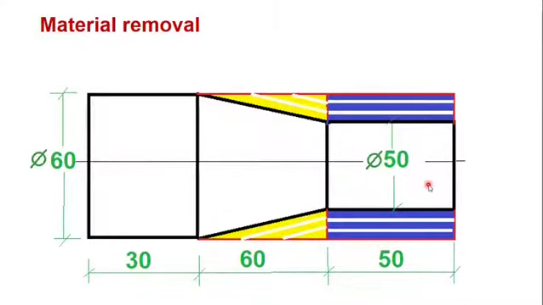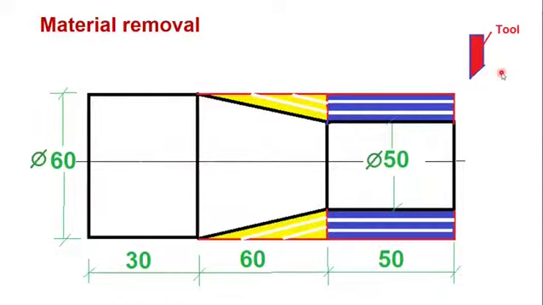So what operations do we have to do? We have to do mainly two operations. One, you can see in the blue color, we have to remove this material. So we have to reduce over a length of 50 millimeter the diameter to 50. We can take a depth of cut of 1 mm, 2 mm, and go on removing radially, and we will achieve 50 millimeter diameter. Next, over a diameter of 60 millimeter we have to do taper turning like this, so that we can achieve these angles. So let's go one by one.